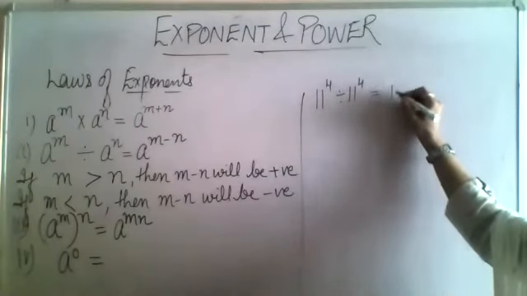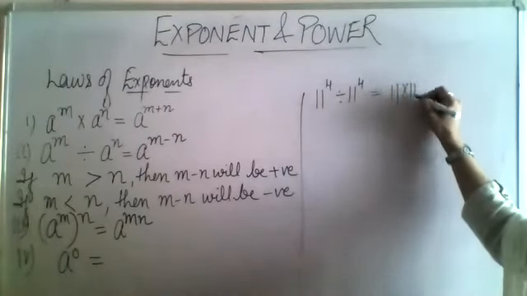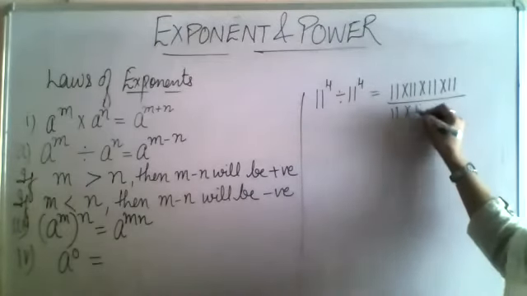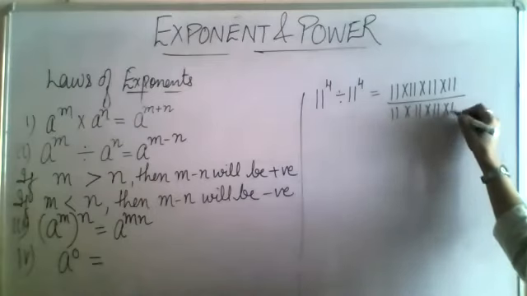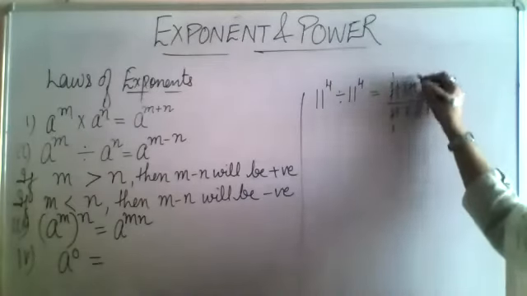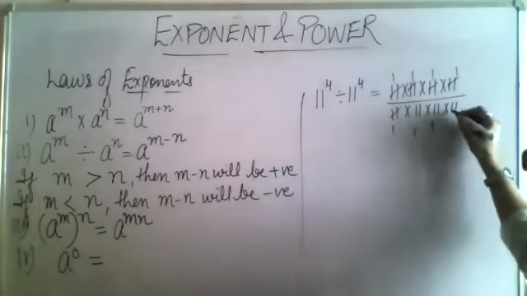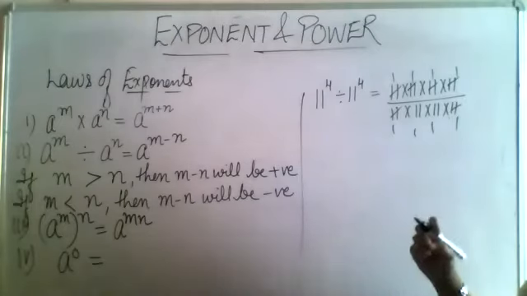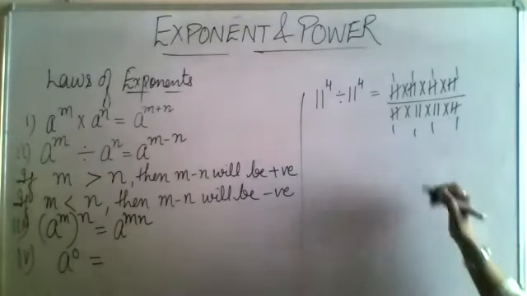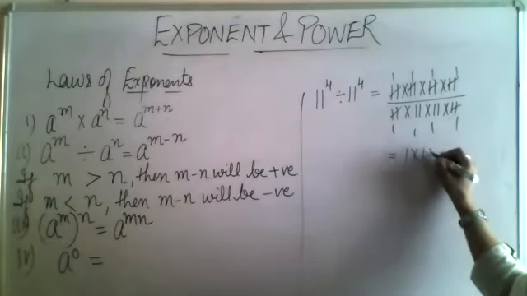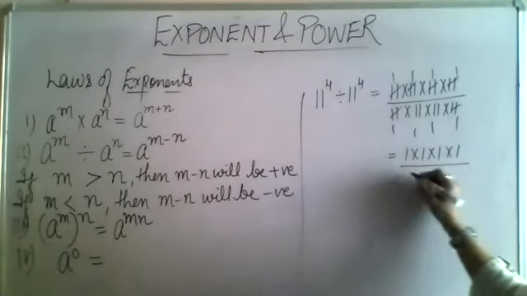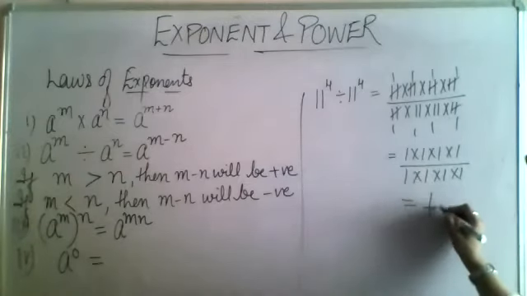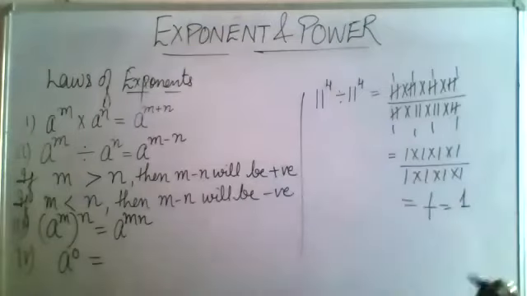And the child has done 11 into 11 into 11, and cancel. Yes, one child was saying, ma'am, 0. When you cancel same number by same number, it comes 1, not 0. So it will be 1 into 1 upon. Though it is not required for you, only I am writing it. Means your answer is coming 1.